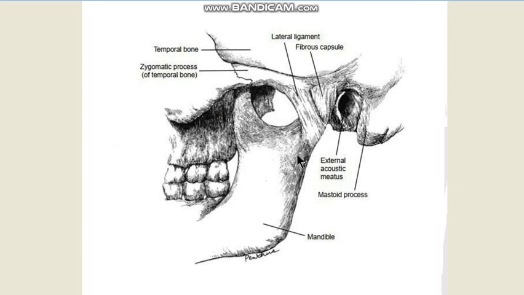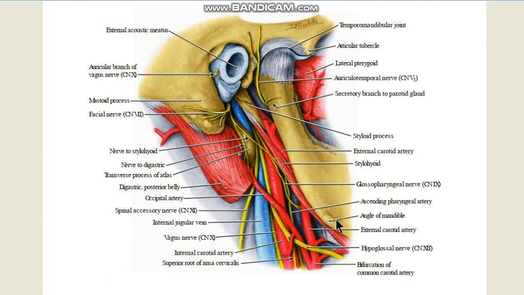Again, here in this diagram of the mandible you can see the temporomandibular joint capsule, and you can see the lateral ligament of the temporomandibular joint, how it is attached to the side and posterior surface of the neck of the mandible. If you look at this diagram, you can see that the mandible, the ramus has been slightly cut